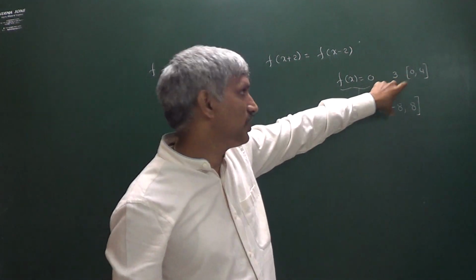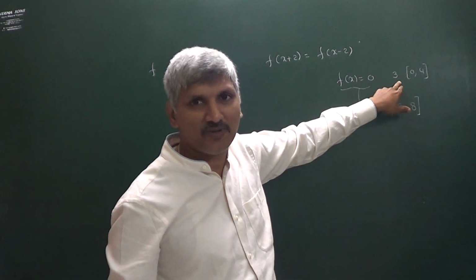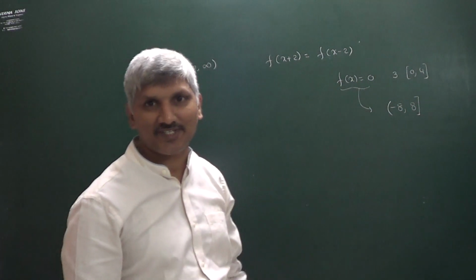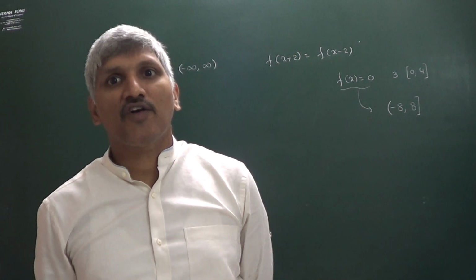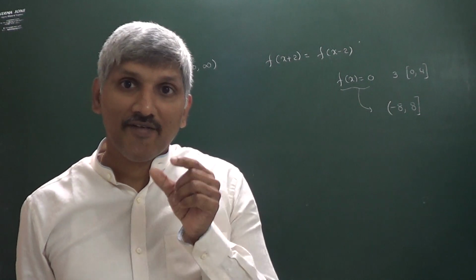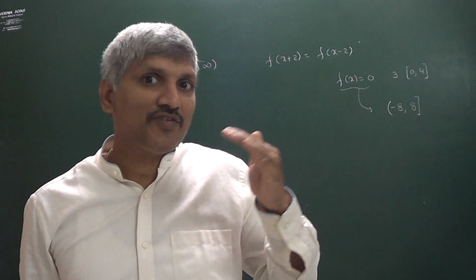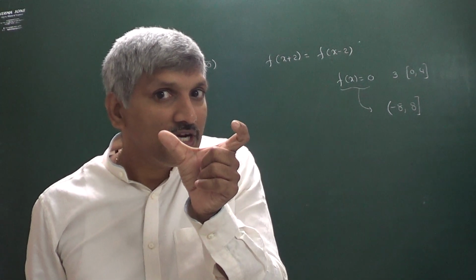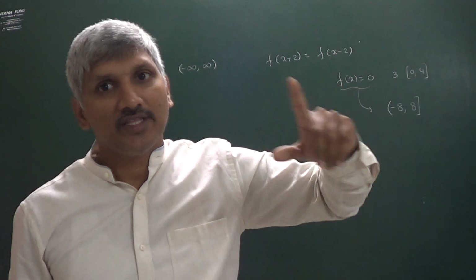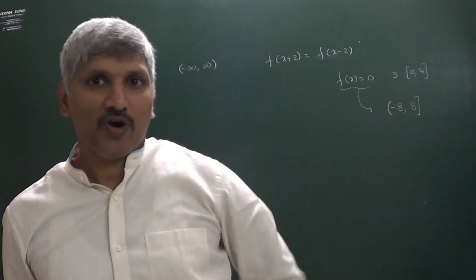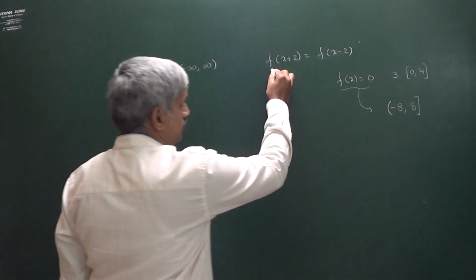It has 3 real roots in the closed interval 0, 4. In this interval it has 3 real roots. Then the number of real roots in this equation. So what is the geometrical meaning of the period of a function? The geometrical meaning of the period of a function is that for every t units length the same graph repeats. The same graph repeats means what? In the length t units where it cuts the x-axis, for the same consecutive t lengths the graph cuts the x-axis at those points.